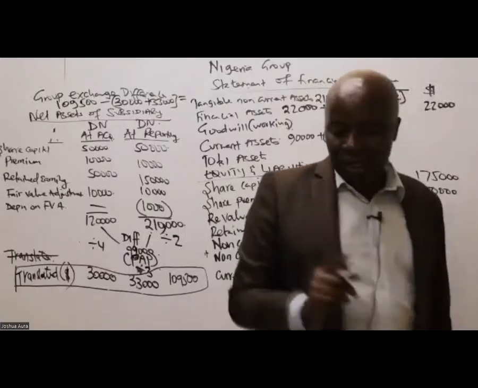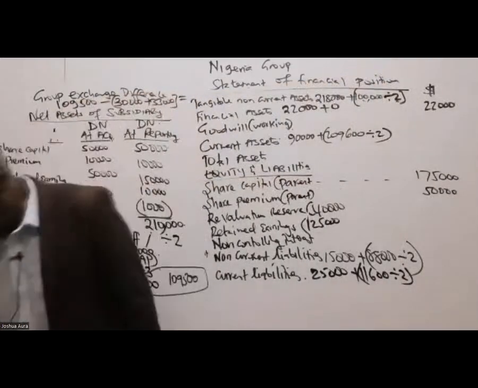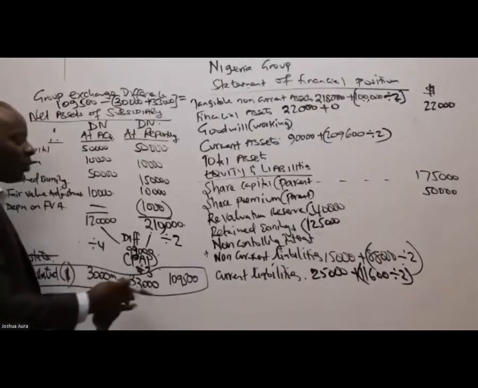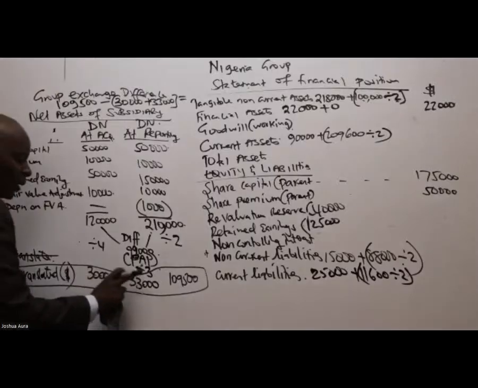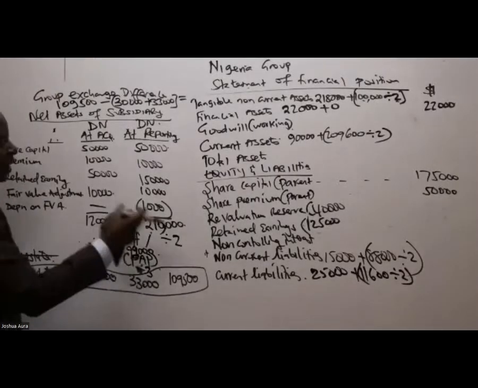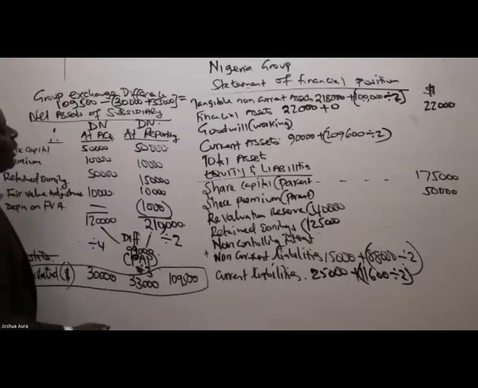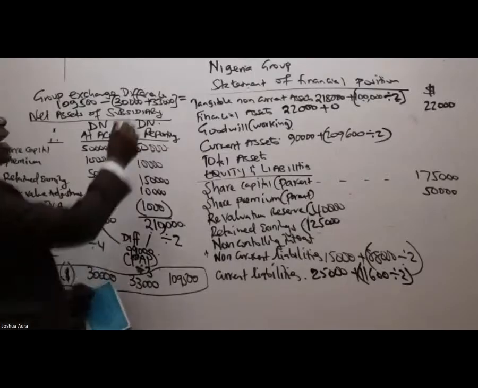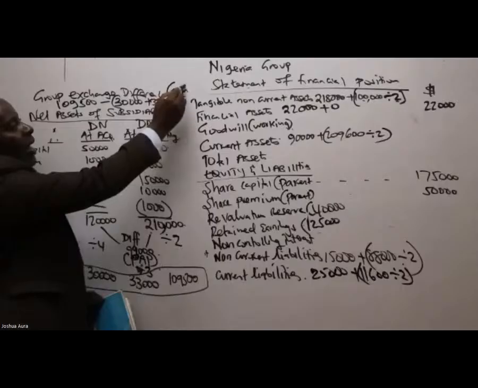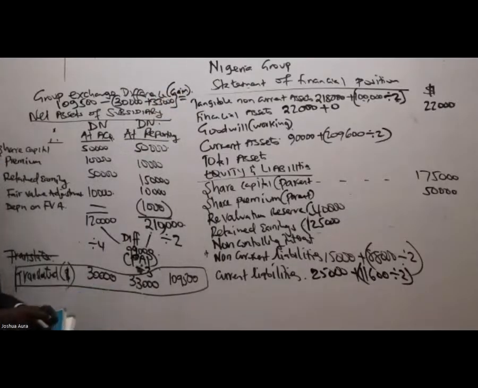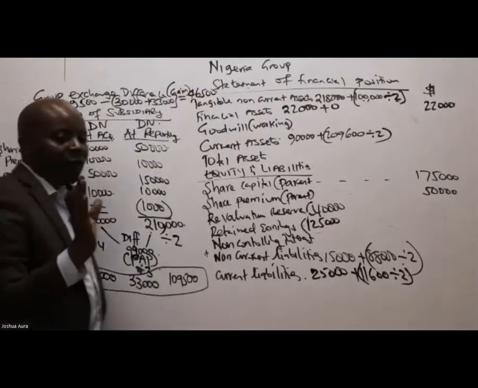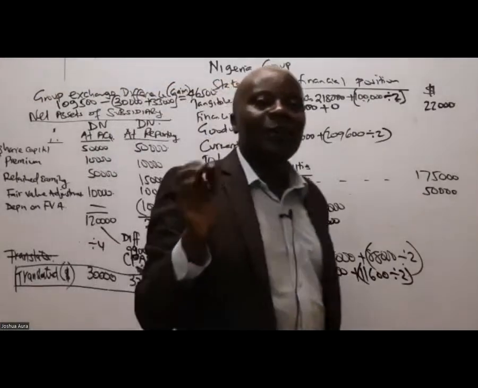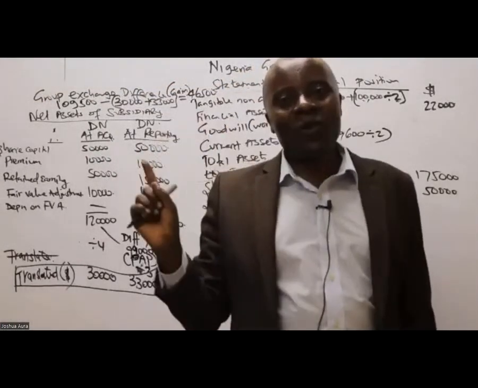46,500 is the gain, the gain in translation. It's a gain because we took here the closing minus the sum of this. We expected the sum to be 66, but it has given us something more. So, ladies and gentlemen, this group exchange difference is a gain of 46,500. Whenever we have any gain, remember, you're going to give this out to the two